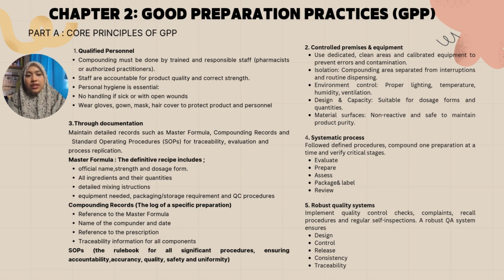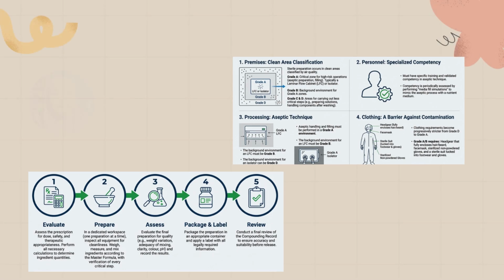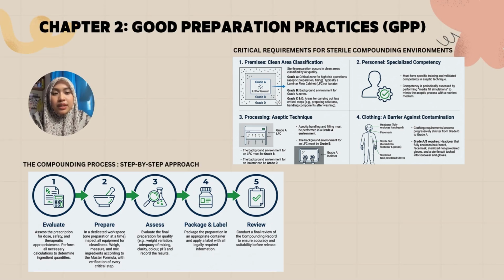Finally, compounding must follow a systematic step-by-step process, including evaluating, preparing, assessing, packaging, labeling, and reviewing the final product. These photos show critical requirements for a sterile compounding environment: first, premises, which is a clean area classification; second, the personnel or specialized competency; the third one is about processing or aseptic technique; and last,